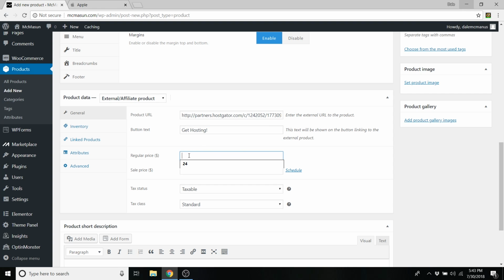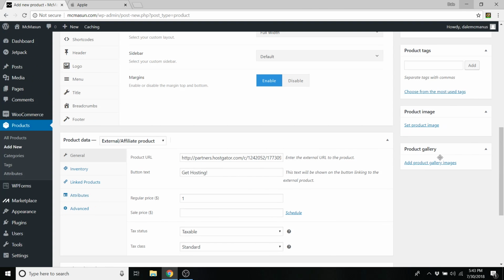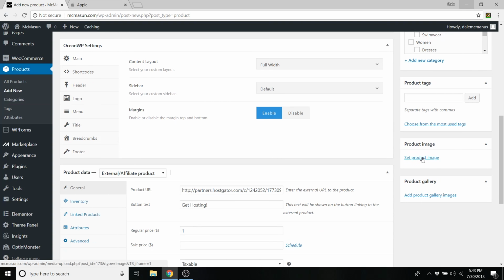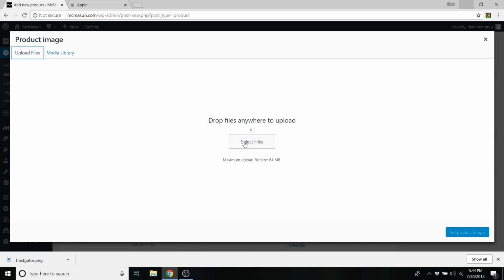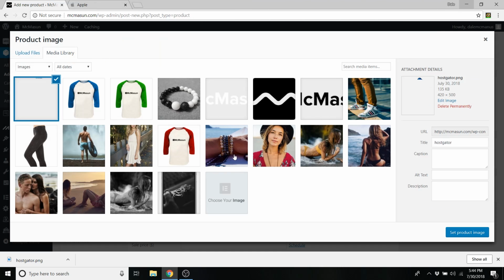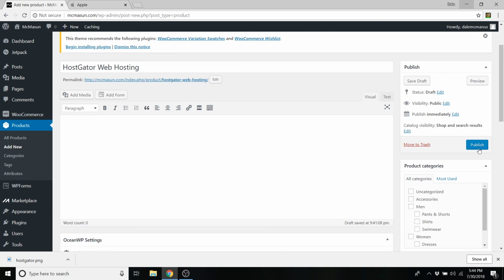And you can set the price here, we'll just say $1 for now. And I'll do a description here, so I'll just say 60% off web hosting. Don't miss out. And then you can do your product images and your tags and so on. So I'll just set a quick product image here. Just go up to upload, select, desktop, set product image, and then make sure you put in your tags and your categories, and then just click on